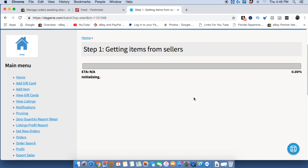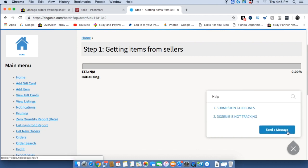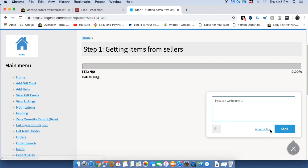Over here in the bottom right hand corner, there's a little chat that you can start, and you can also send them a message right here. You can send messages, and I guess within 24 hours they're supposed to respond. I still haven't got a response, so I'll just continue to wait